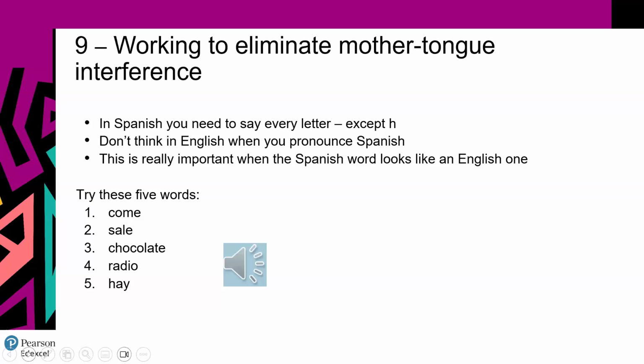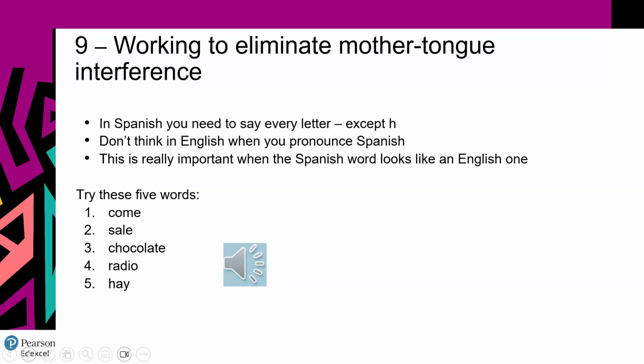Now, other things we could do is to try to eliminate, and some of you mentioned that earlier, cognates. Cognates are going to be the ones that are probably going to be tricky, because they will see them and be very, very tempted to say it in English. So whenever there's a cognate, some of you said to ask them to highlight all the cognates. It's something they've got to stop and think: okay, I've got a cognate, it looks like English, but it must not sound like English. So here what we could do is